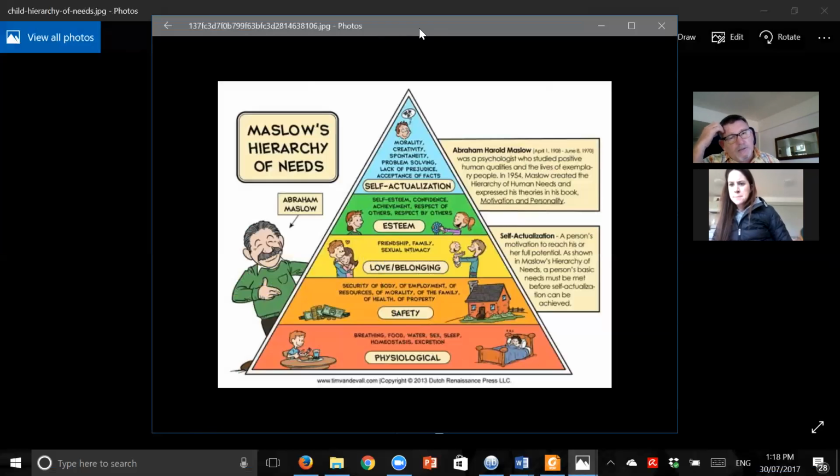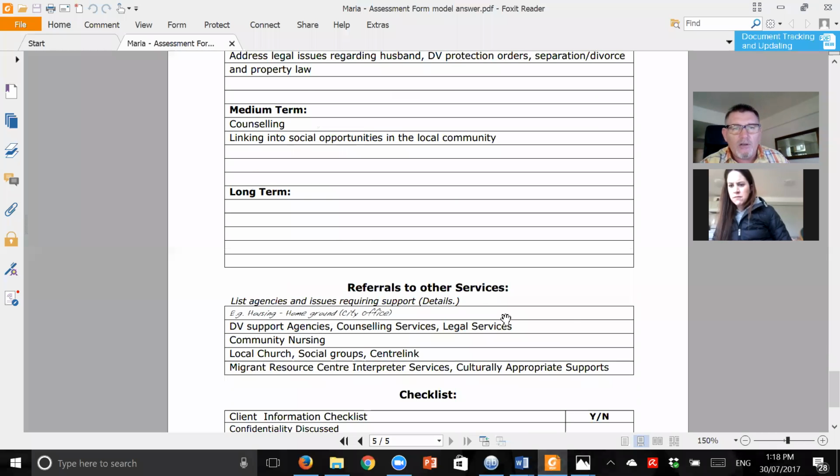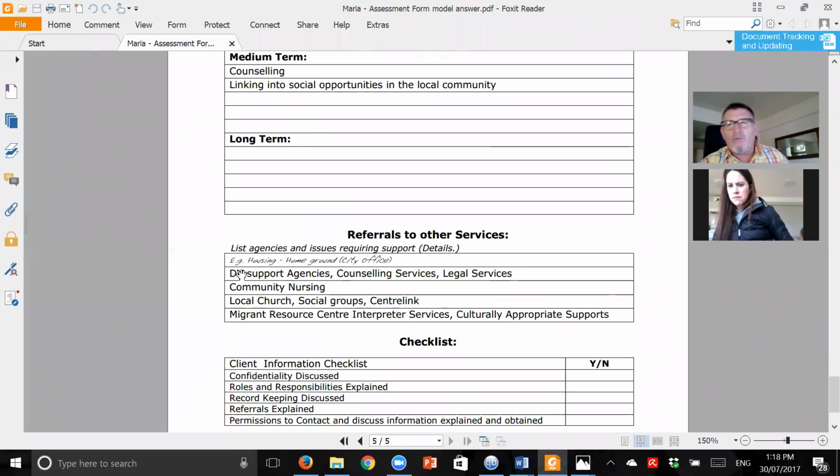I wrote this thing on referrals recently, and referrals are very interesting things because you can do a lot in your job. If we go back to our form and look at our referring agencies, we send people to these official places. But when you're referring to other services, you might be able to solve somebody's problem very quickly by just